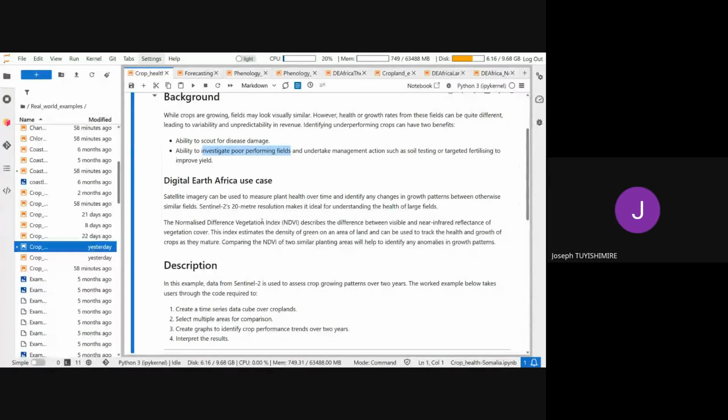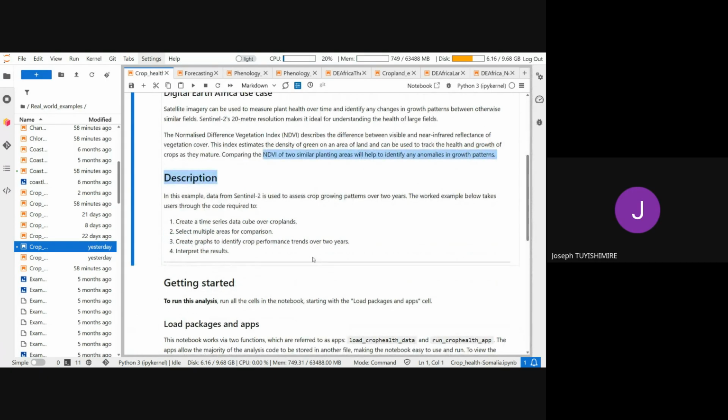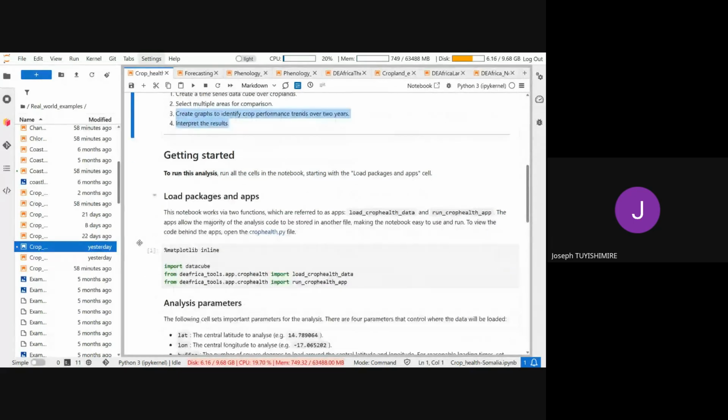And this is using the NDVI, and you can compare several NDVI over years or between plots. Of course, the description steps, you create time series over crop plants, you set multiple areas for comparison, you create a graph, and also you can interpret the results.